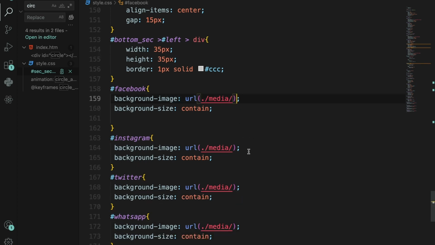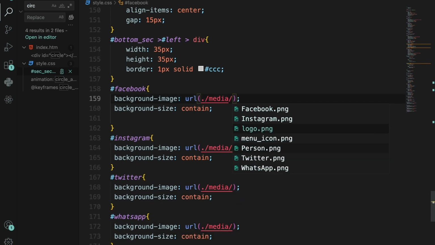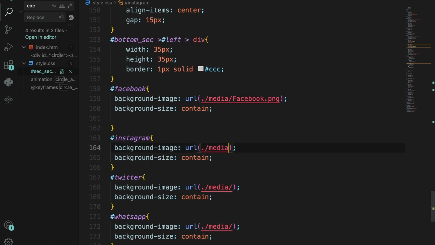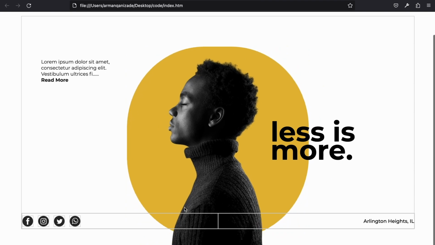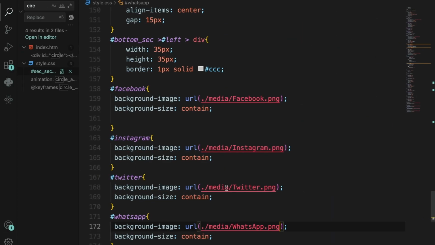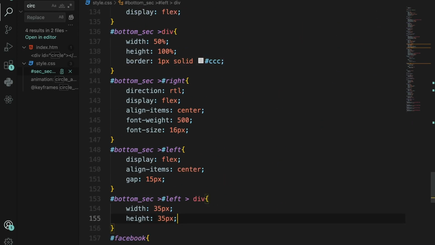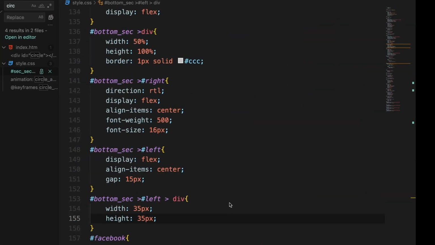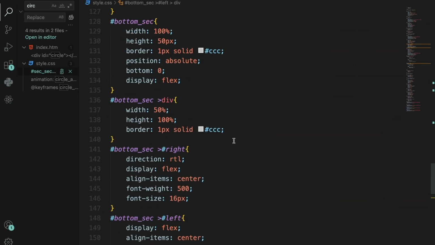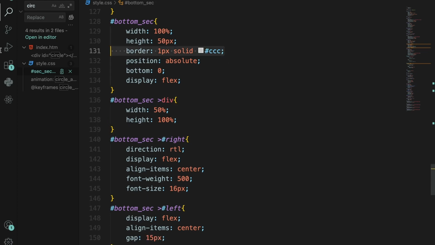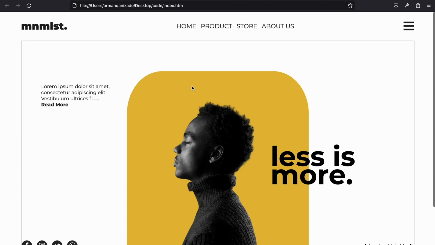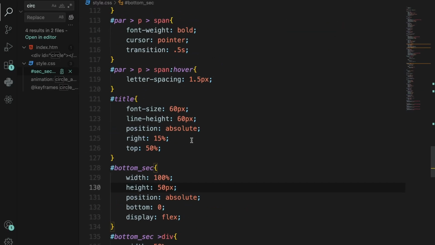For Facebook.png, Instagram.png, Twitter.png, and WhatsApp.png. Okay, good. Let's delete the border of these divisions and this division and these two, and the border of